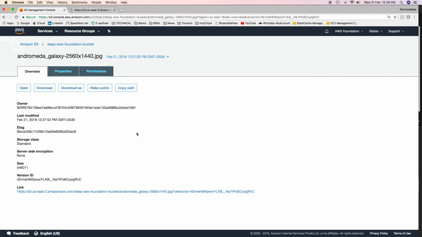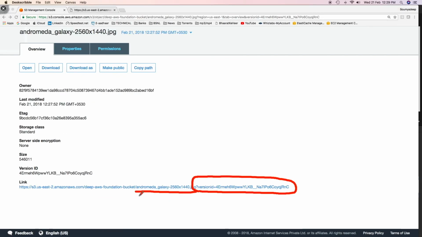If you want to get the previous version, then we'll have to use this URL. If you see here, after the object key, this version ID has been appended by a question mark and then versionId equal to the version ID. So if you want to access or get the previous object or the non-current object, you will have to mention this version ID. How do you know which versions are there? You can use APIs or the list objects API to get all the version IDs for a particular object.